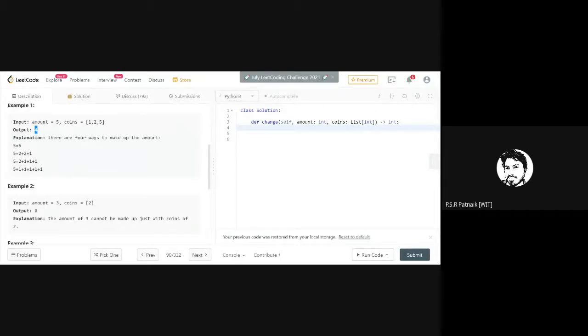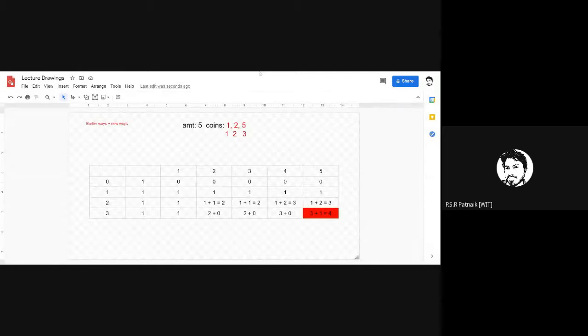Have you understood this? Okay, so did you get this? Did you get this logic of the table? How I have been doing this plus operation and how we are building the solution from the earlier subproblem.